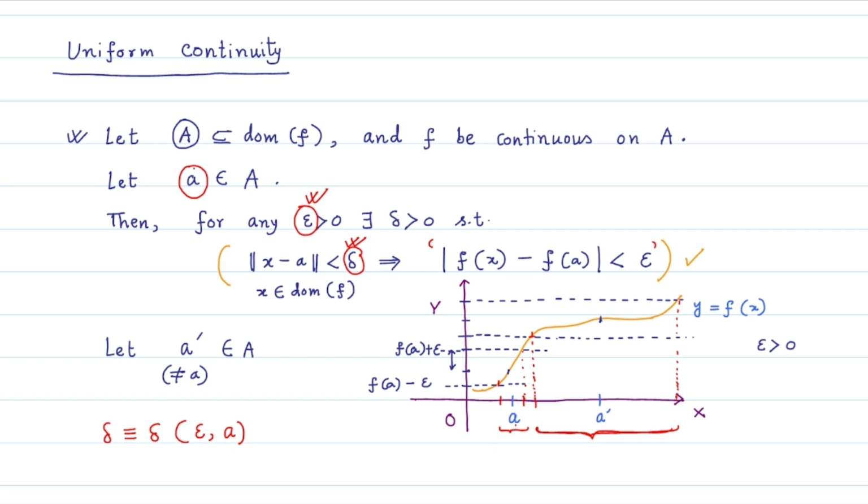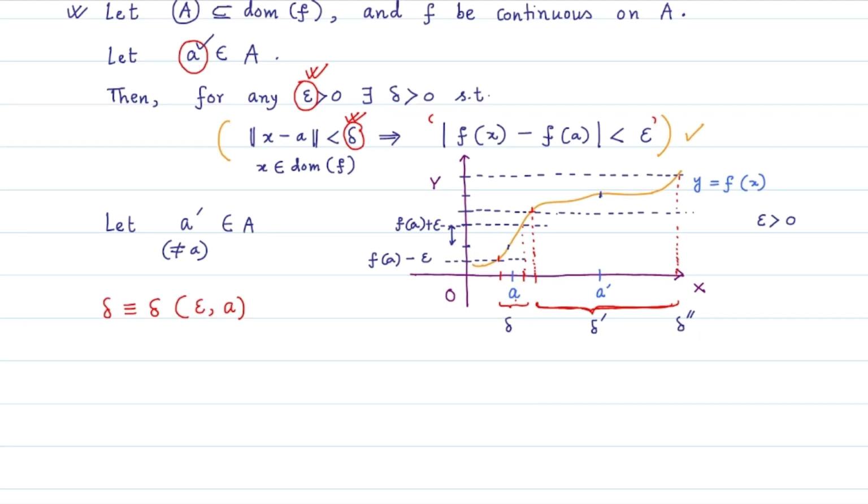Now here the function f is given to be continuous on the set capital A. Varying the point small a to a dash, the delta value gets varied from delta to delta dash. If we alter our attention from a dash to some other point, let's suppose a double dash, then we will have the corresponding delta double dash and so on. Now let us keep collecting all these delta values, delta, delta dash, delta double dash and so on, and try to figure out if we can find a common delta value that will uniformly work for every point small a